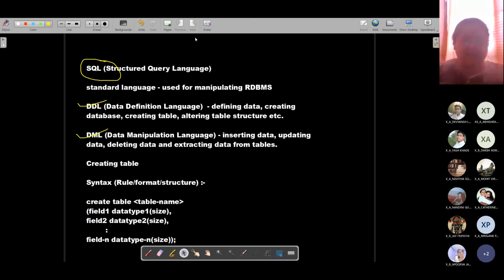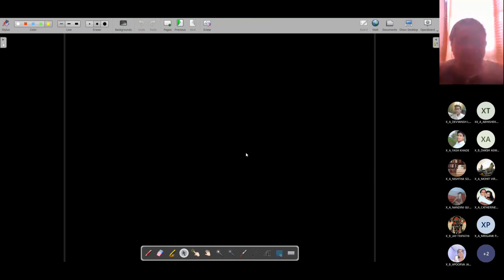Like yesterday, we had already seen how to create the table. So here also today we will be seeing how to create some other types of tables.